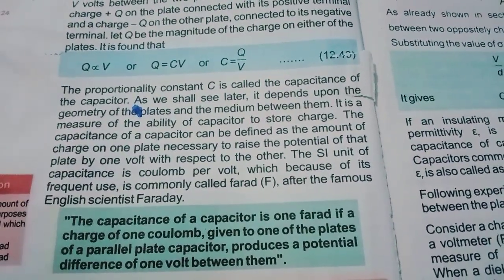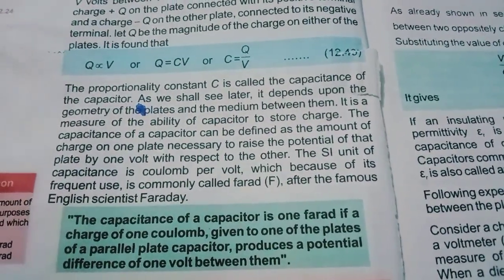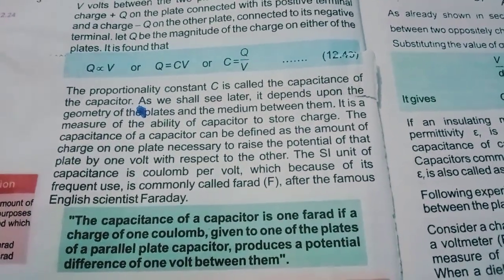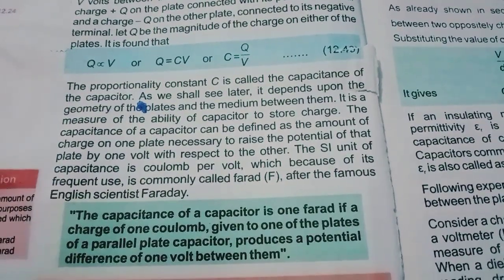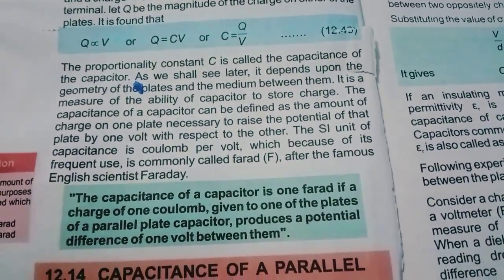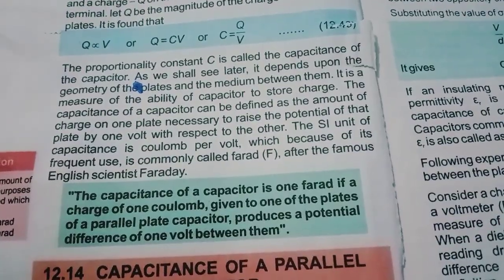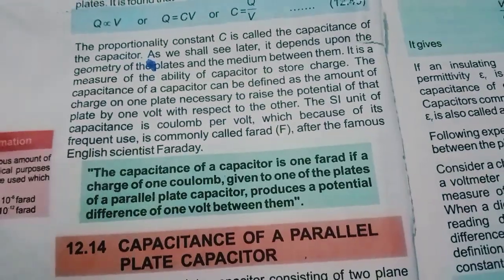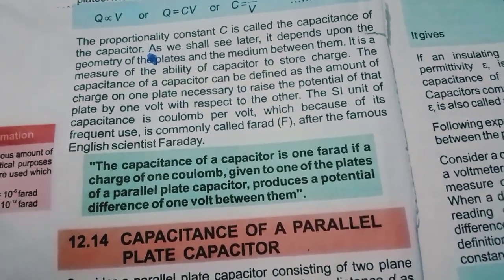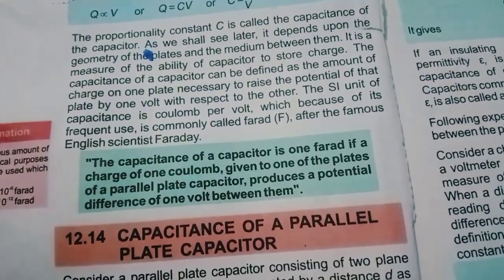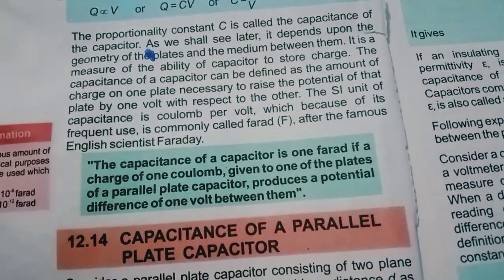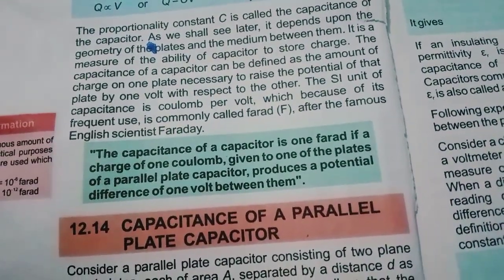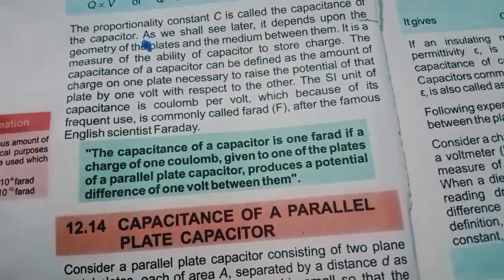As we shall see later, it depends upon the geometry of the plates and the medium between them. The capacitance of a capacitor can be defined as the amount of charge on the plates necessary to raise the potential of the plates by 1 volt with respect to each other. The SI unit of capacitance is coulomb per volt, which because of its frequent use is commonly called farad,